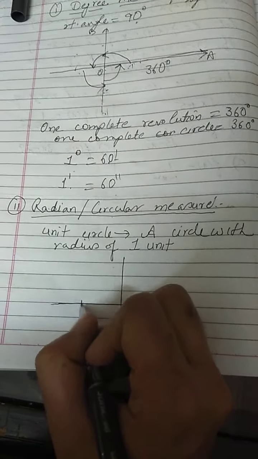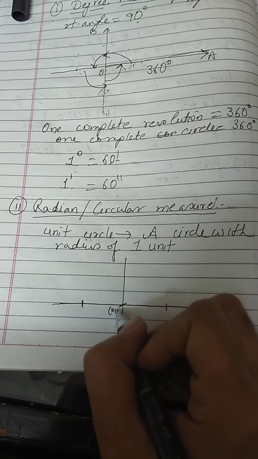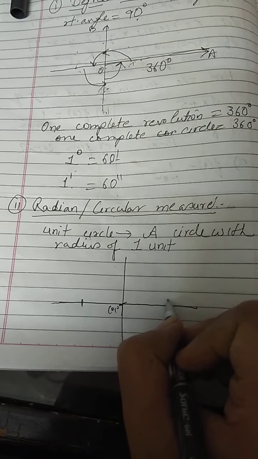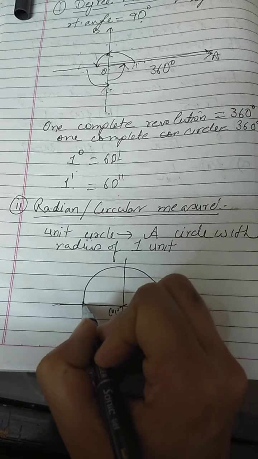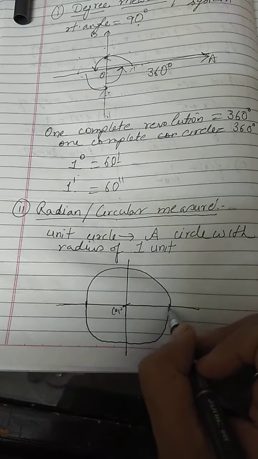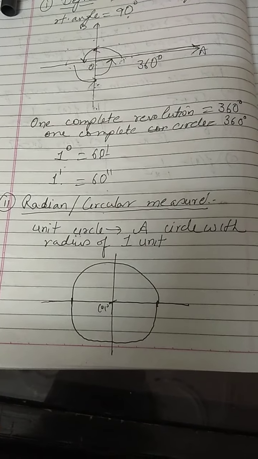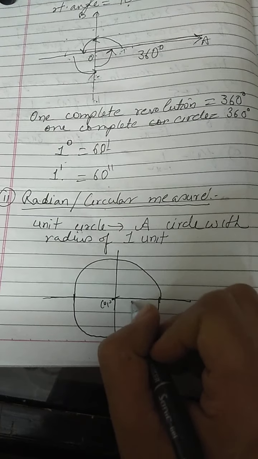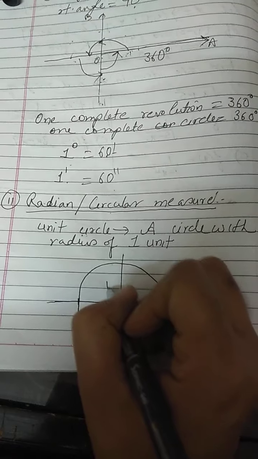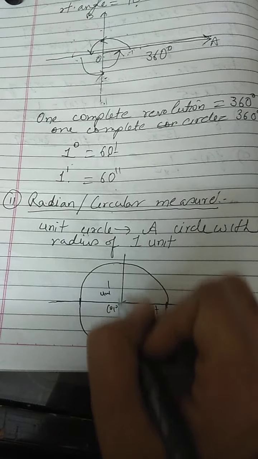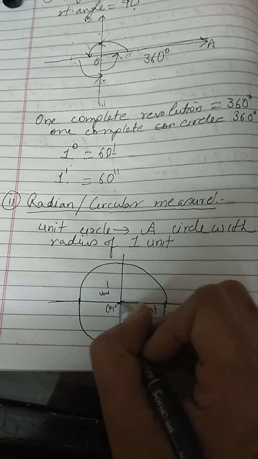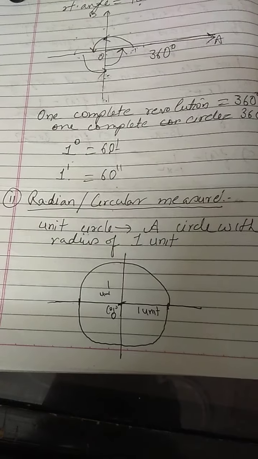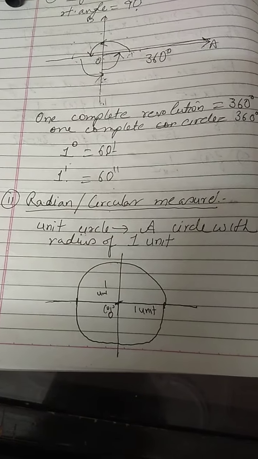So unit circle means the radius is 1. I am fixing the center at the origin, center I am taking 0, 0. So if I take the circle, unit circle, now that means this radius is 1 unit. So this is also 1 unit, this is also radius, this is also radius. From the center O, if I join at the circumference of the circle at any point, that is the radius only.